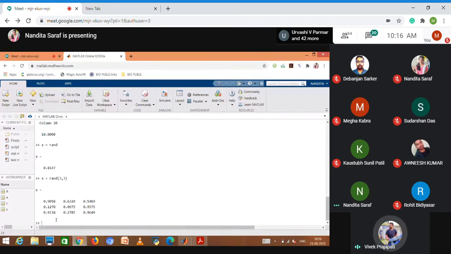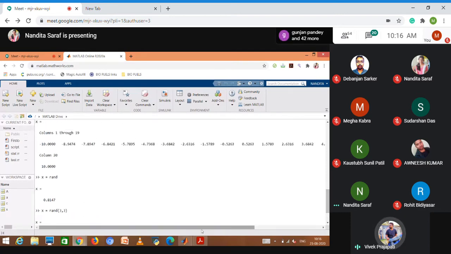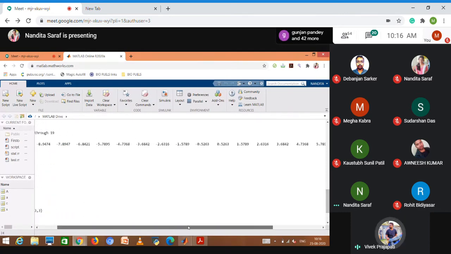Excuse me, may I interrupt you, please? In the previous example where we used the function linspace, the step size is not looking like 20. It's increasing from minus 10 to minus 0.897. I'm not getting this step size.